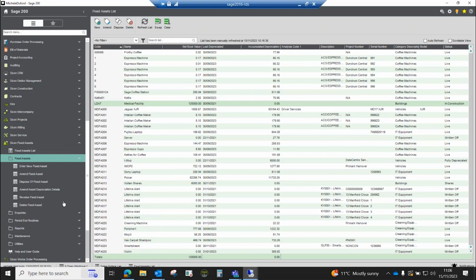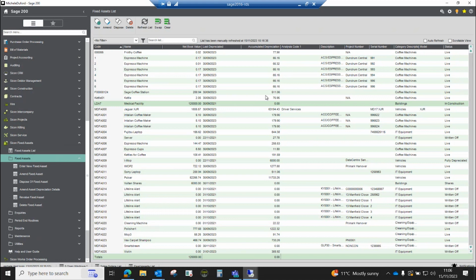So you'll see in here that I've got a category description of some of these things. So my espresso machine is sitting in a category called coffee machines. These list views inside of Sage, I think are fantastic, underutilized. And so you can use this as your live dashboard. Ultimately, it means that you'd be able to add some kind of filter to it. So if I only wanted to see those assets within a particular category, that's exactly what I'm going to be able to do. And these filters, these list views, can be shared from user to user,